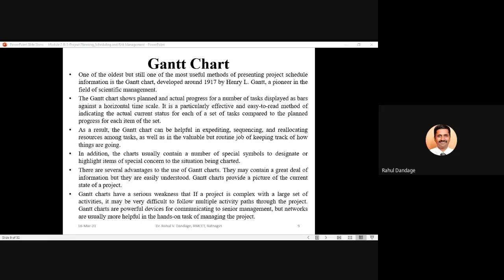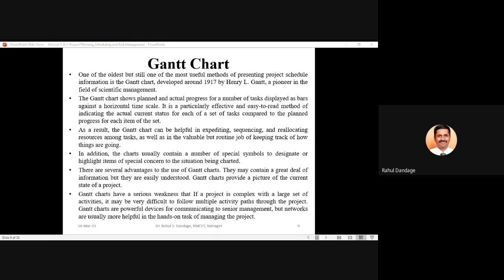So this is what we have discussed, that at any point of time, the current state of your project activities will be easily depicted. Gantt charts have a serious weakness: if a project is complex with a large set of activities, it may be very difficult to follow multiple activity paths through the project. Gantt charts are powerful devices for communicating to senior management, but networks are usually more useful in the hands-on task of managing the project.